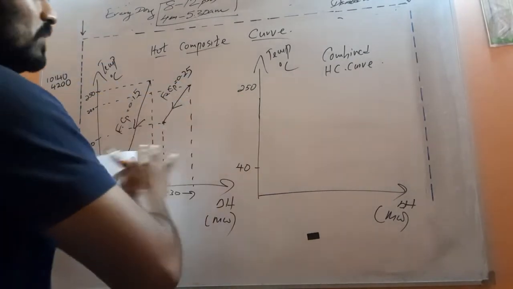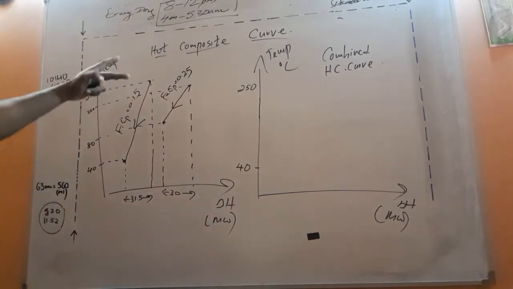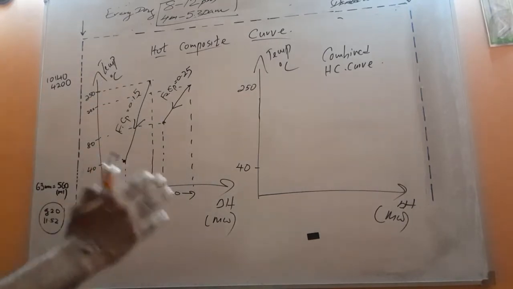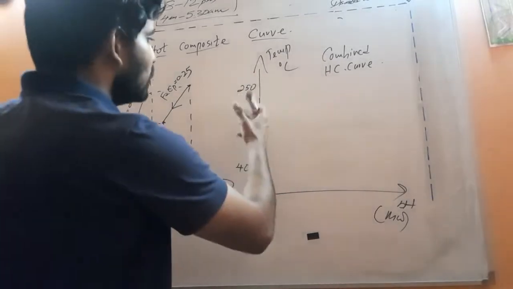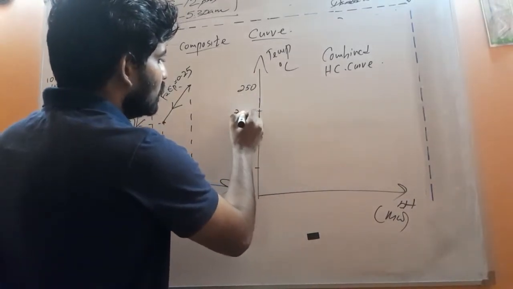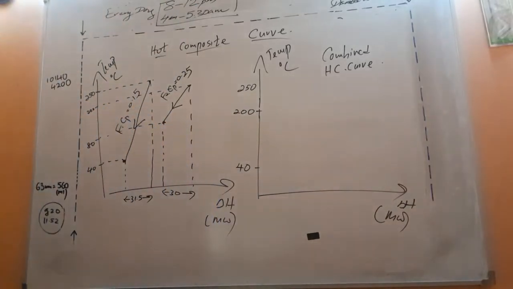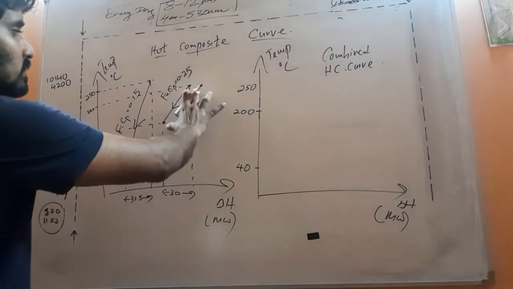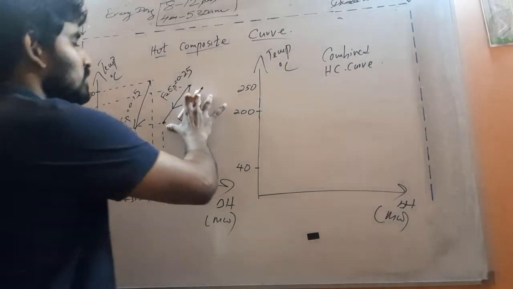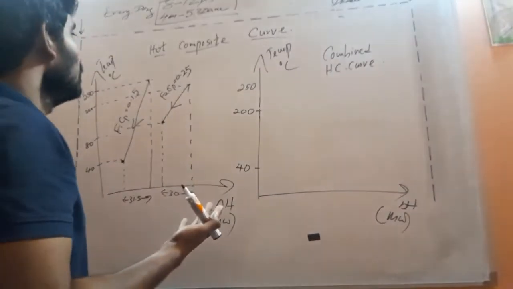All the things you cannot figure out at the same time. So let's go step by step. First we will travel from 250 to 200, right? So now if you are going to consider this curve, it has no relation for the temperature values above 200. So that is clear.